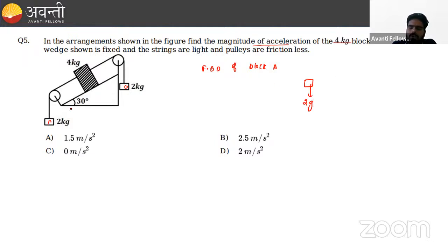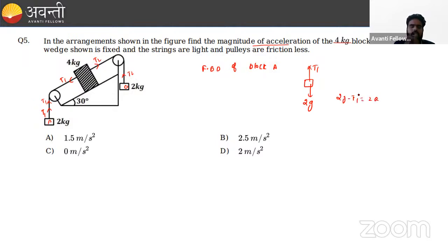And we know that the tension is always away from the body. So the tension T is acting in this direction. Say this tension is T1, correct. And this tension is transferred here, so this tension is T1 here. In this manner, if the tension in this string we consider T2, so this will also become T2 here. So if we draw the FBD of block A, 2g acts in downward direction and the tension T1 is acting in this direction. If we write the equation and we consider that the body is moving in this direction, 2g minus T1 equal